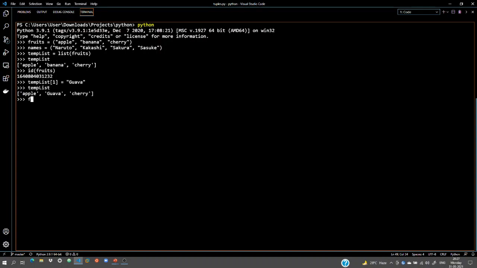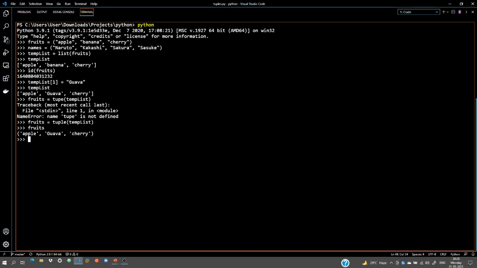Now we will assign this list, temp list, by typecasting it to a tuple and assign it to fruits. Now if you see fruits, we get apple, guava, cherry, and initially it was apple, banana and cherry. So we have changed the tuple, but let's see the id of this new fruits that we have got.